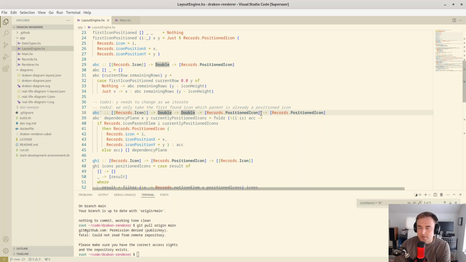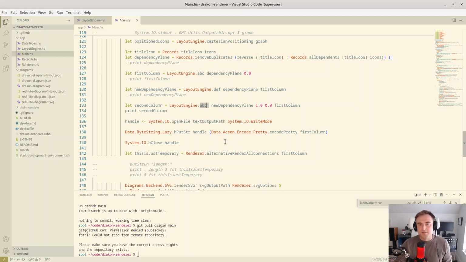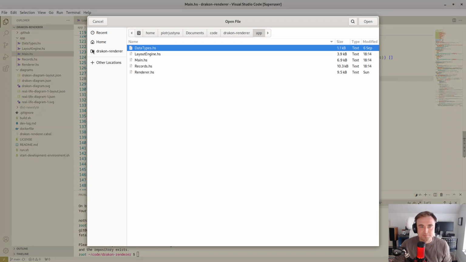And also it takes a collection of positioned icons that we've isolated in the previous step, so that the algorithm has a chance to detect which icon should be positioned in the current sweep. So to give you an idea what this ABC function does, previously we had this print first column, which rendered, if I'm not mistaken, something like